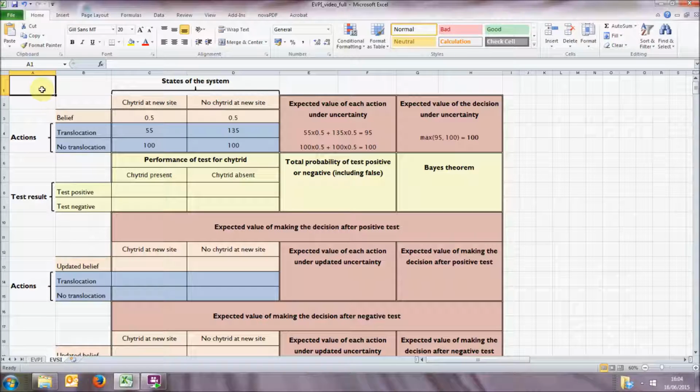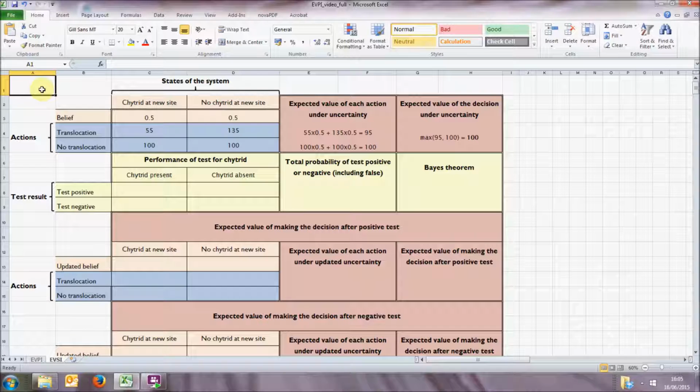In this video, we'll show how to use a spreadsheet to calculate the value of sample information. As in the previous video, we'll use a frog translocation program as an example, where there is uncertainty about the presence of disease at the destination site. Now, this is the spreadsheet provided as supplementary information file number 1, and the sheet we are using is called